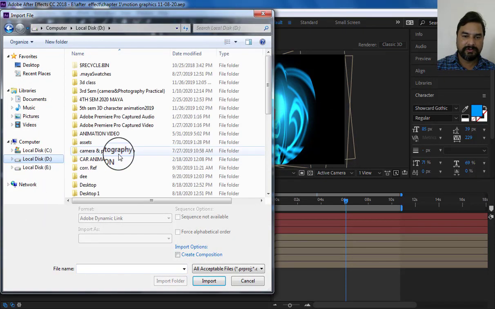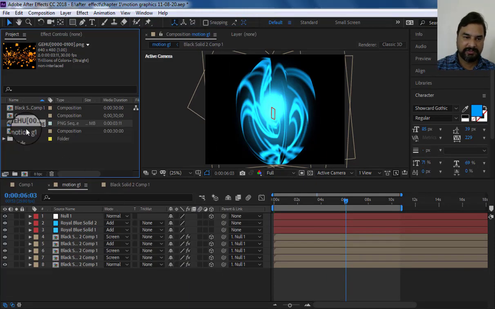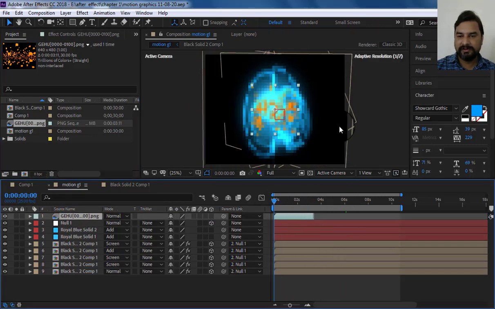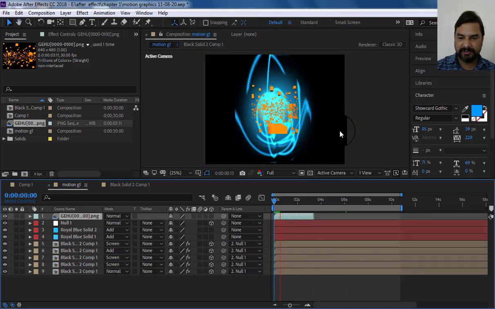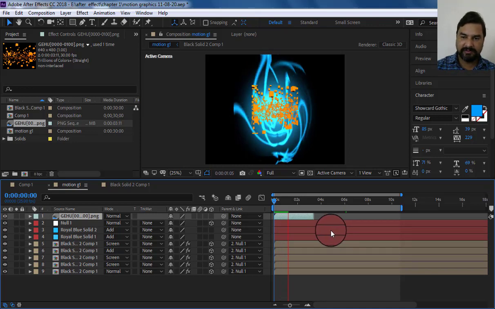Select your location, select one file. Here is the PNG sequence, so we click on PNG sequence and import. Simply, all files are here as a PNG sequence, and we can use this to create an animation option.